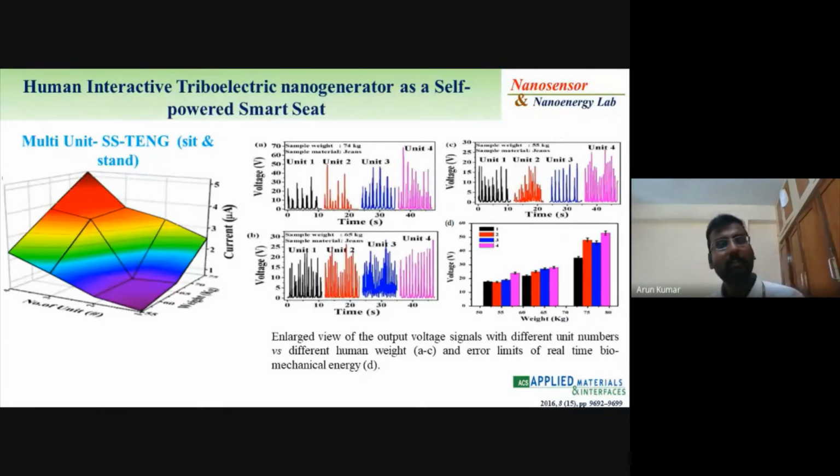For example, take a paralysis patient who is given a lot of physiotherapy or physical treatment. By using this instrument, if he sits and stands, using this electrical data you can know whether there is any improvement for that person from the treatment, right? So this is one approach using this instrument.